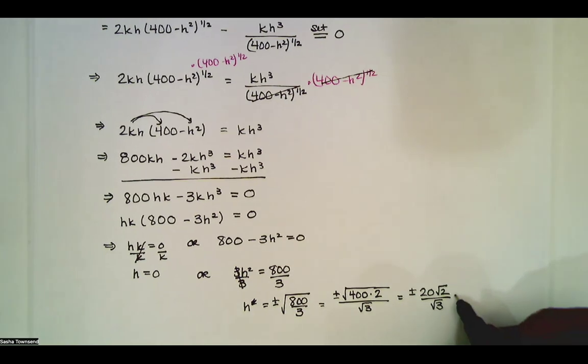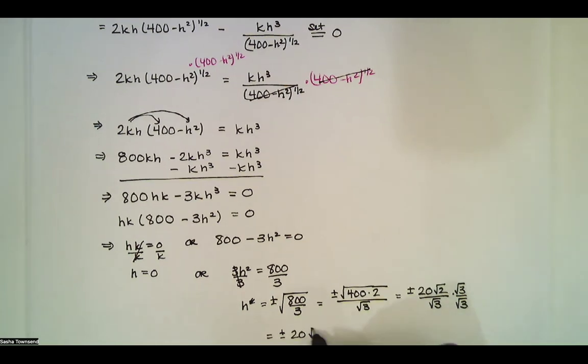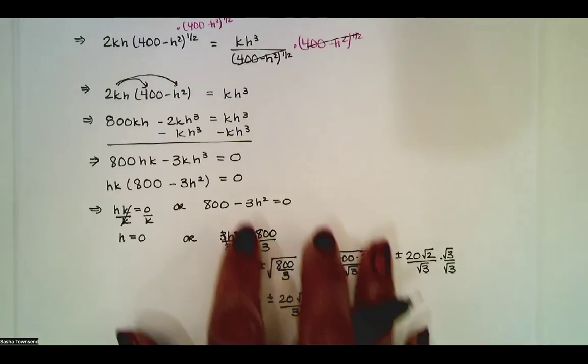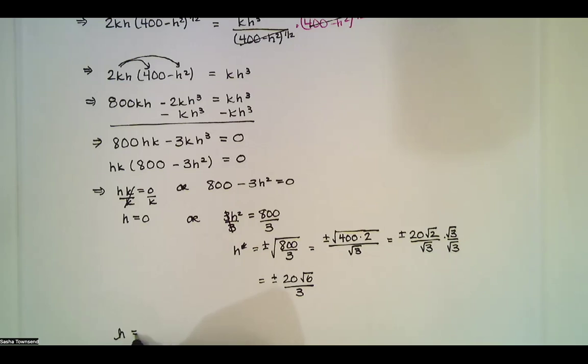Now, if I rationalize that denominator, I'm going to have plus or minus 20. Square root of 2 times square root of 3 is square root of 6, and then we'll have a 3 in the denominator. So that's our h value that satisfies that equation, h equals 0 or h equals one of these, but we want h to be positive and we want h to be between 0 and 20. So the only h value in our feasible domain is h equals positive 20 times the square root of 6 over 3, which is approximately 16.3